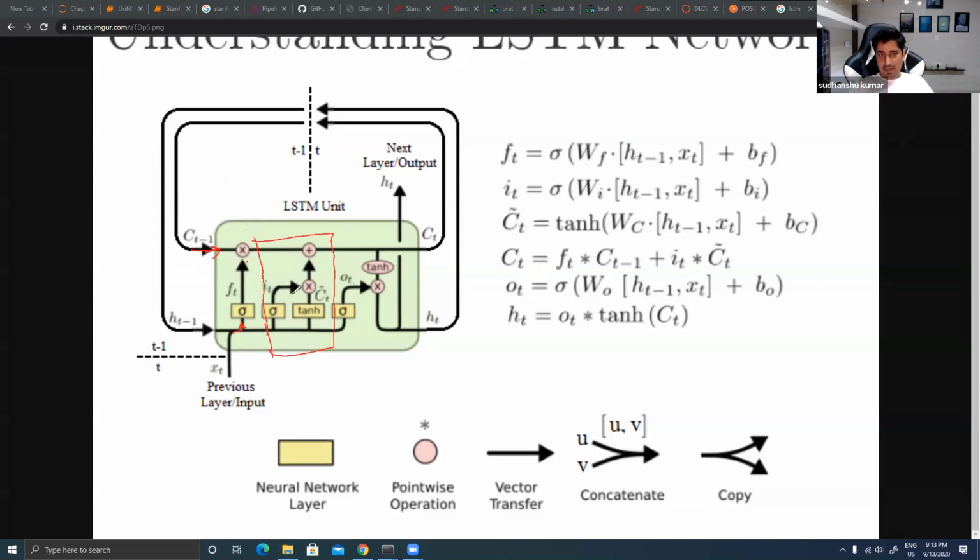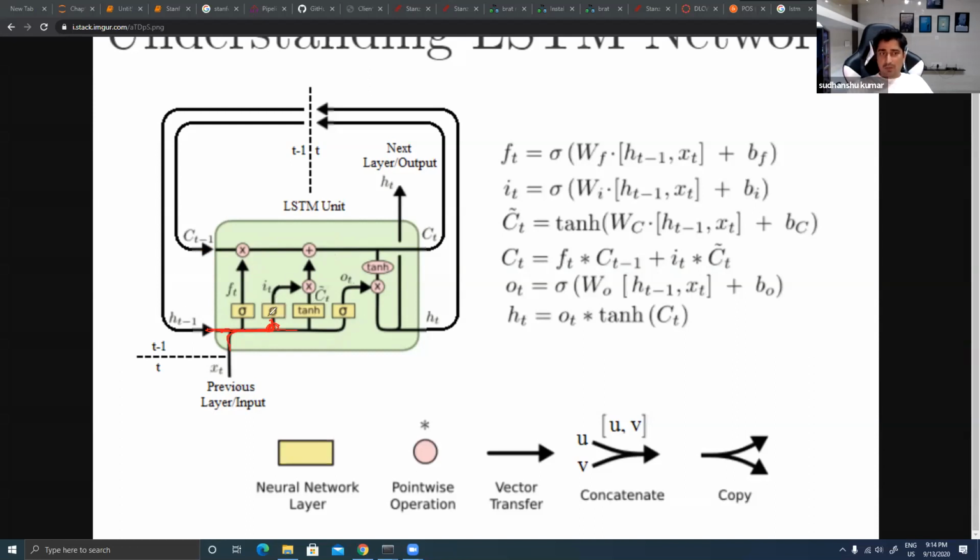This channel which I have marked is called the memory channel. Now, what is the meaning of this memory channel? How is it trying to create a memory? Here again, you will find that inside this memory channel we are giving the current input, and we are taking input from the previous one. This line is common over here, so it goes inside this one as well as inside this one.